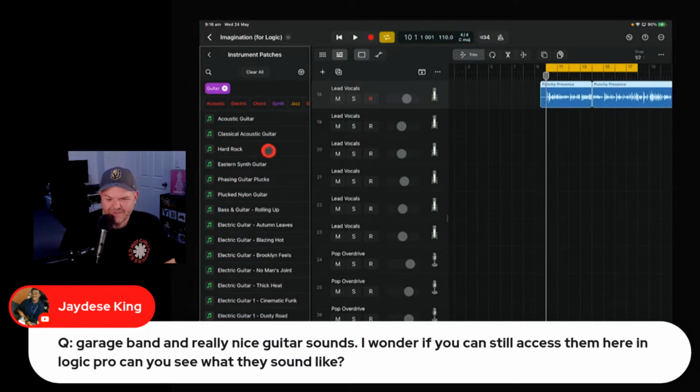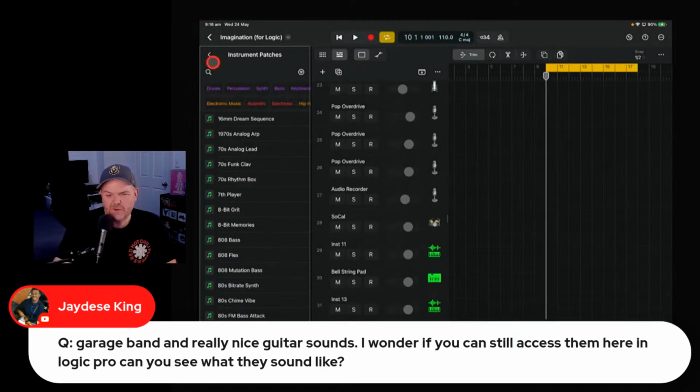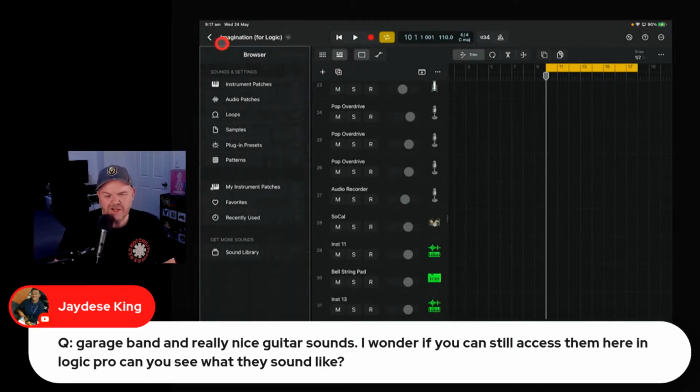The old classic hard rock guitar. So you can't kill the hard rock guitar with its fairly crappy sounding distortion. So yeah, the good news here is that anything that's in GarageBand iOS is coming across, because that's what that compatibility pack's for. That's to bring everything from GarageBand iOS into Logic iOS.